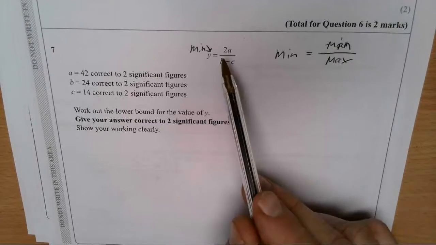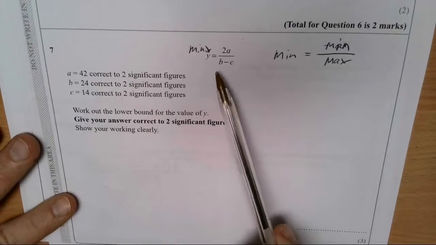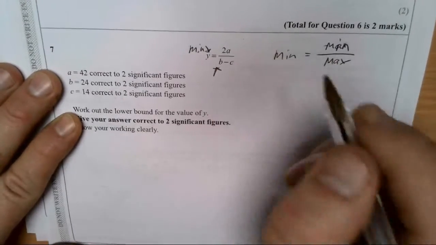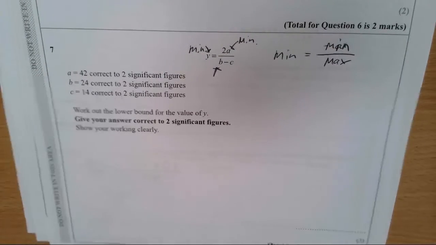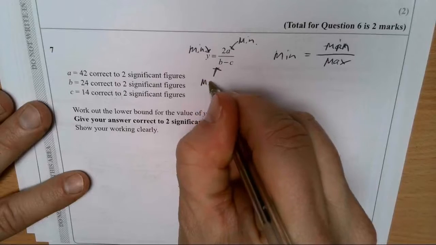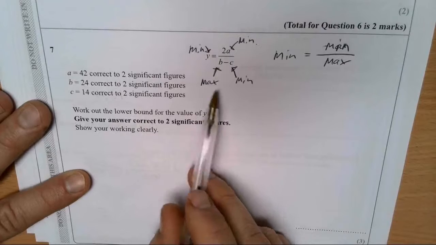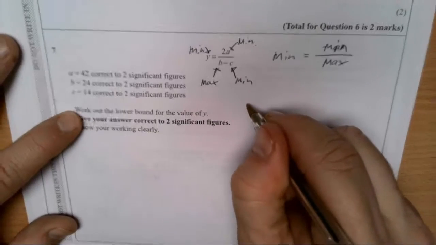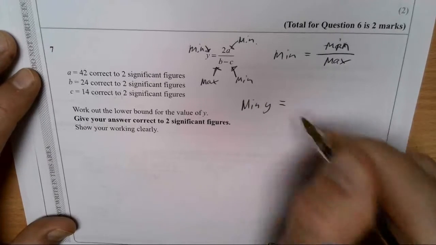Now, for the minimum of 2a, I'm going to need to use the lower bound for a. But for b minus c, to get that as high as possible, b is going to have to be as big as possible, and c is going to have to be as small as possible. If I've got a lot and I take away a little amount, that will give me as much as possible. So the lower bound of y, the minimum y, is going to be equal to